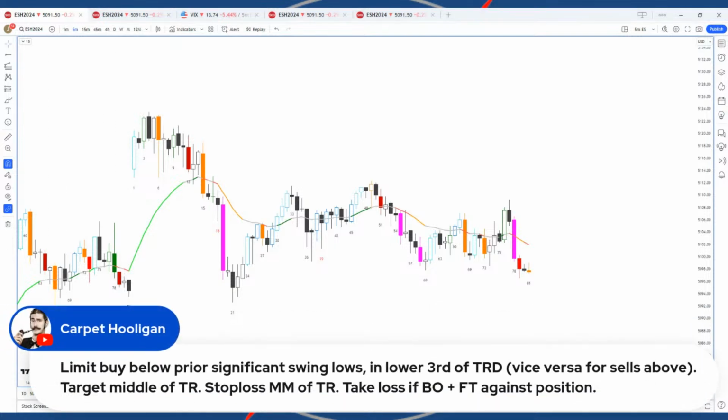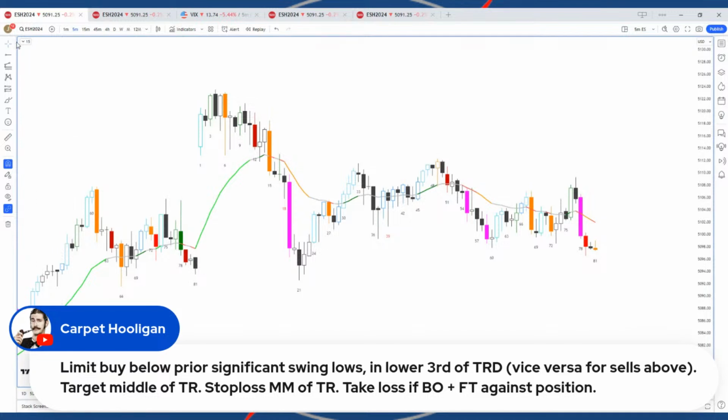So here, let's put this up on screen here. "Limit buy below prior significant swing lows in lower third of trading range." Nice. And so when you say significant swing, then I guess these are all swing positions, because one of the interesting things that your statement actually translates into is that I love taking those trades by the bar, right? So if you look at one of the signals that the system generates for me,